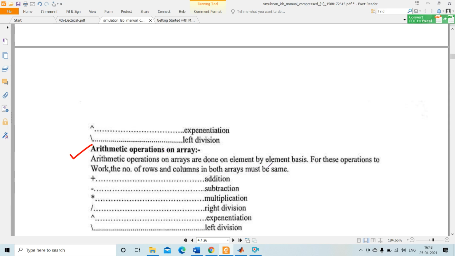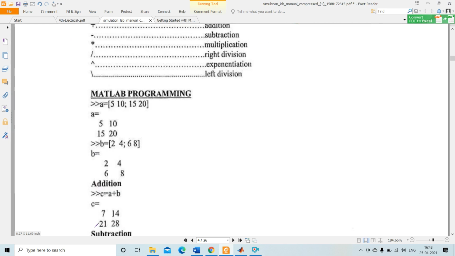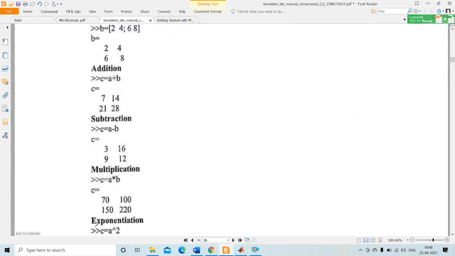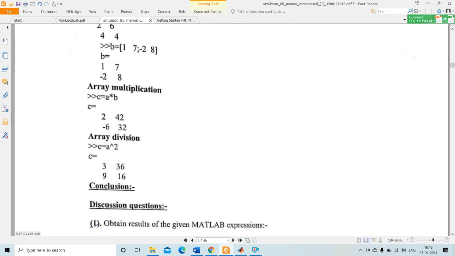So for these operations to work, the number of rows and columns in both arrays must be the same. So addition, subtraction, multiplication, right division, exponentiation, and left division are all arithmetic operations on arrays. This is the programming we are doing: first the arithmetic operations on matrices, then arithmetic operations on arrays.